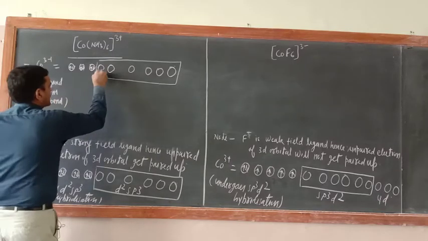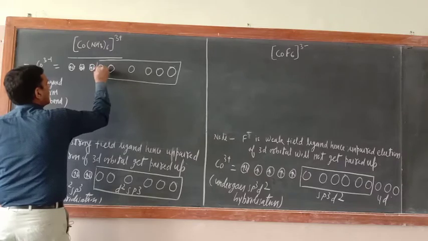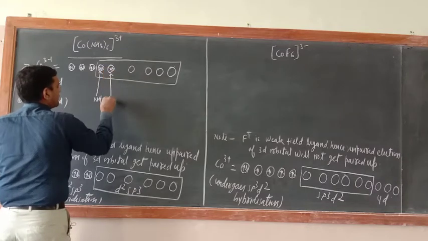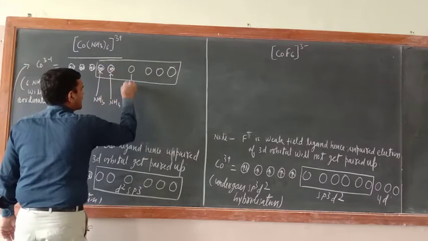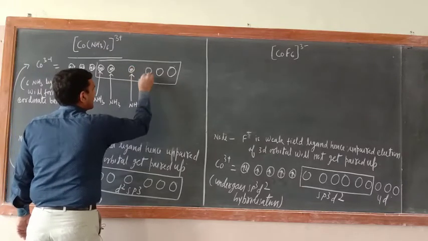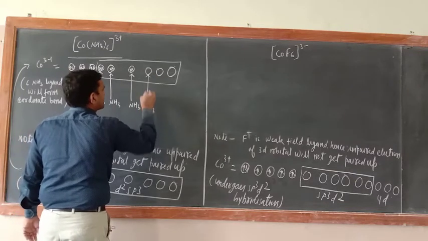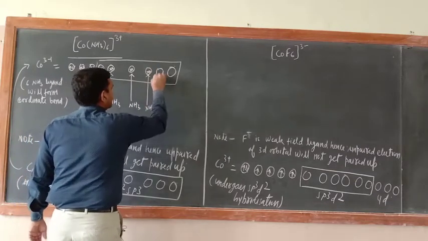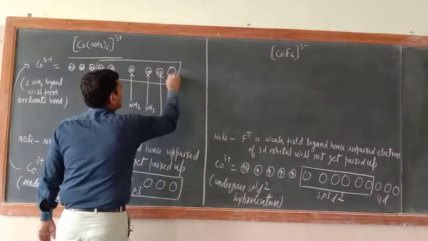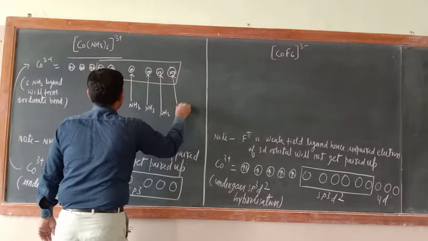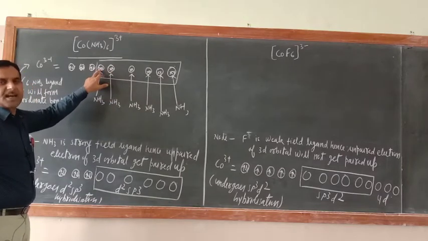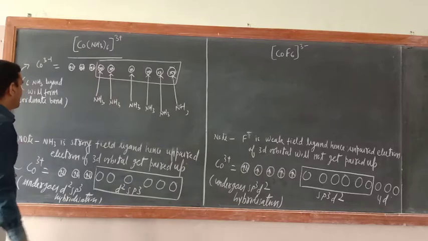Write down here: 2 electrons donated by NH3. Here also 2 electrons donated by NH3. Here also 2 electrons from NH3. This one, here also NH3 2 electrons. Here also coordinate bond, NH3 2. Here also NH3. Okay, now just see, the 6 have overlapped or not? They form coordinate bonds. The cross sign means electron.